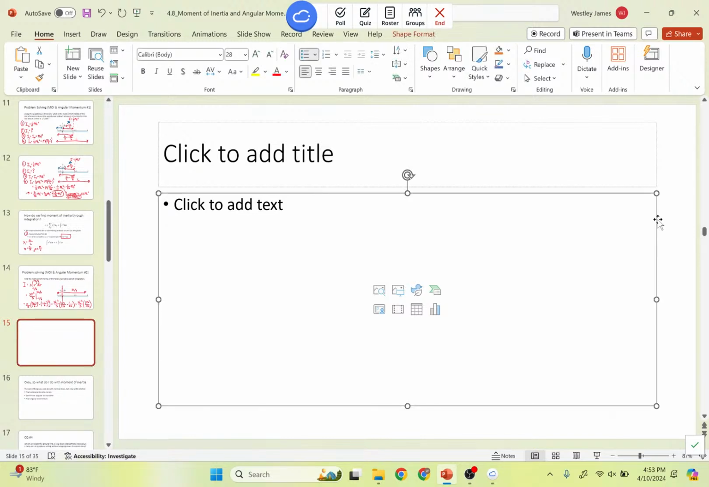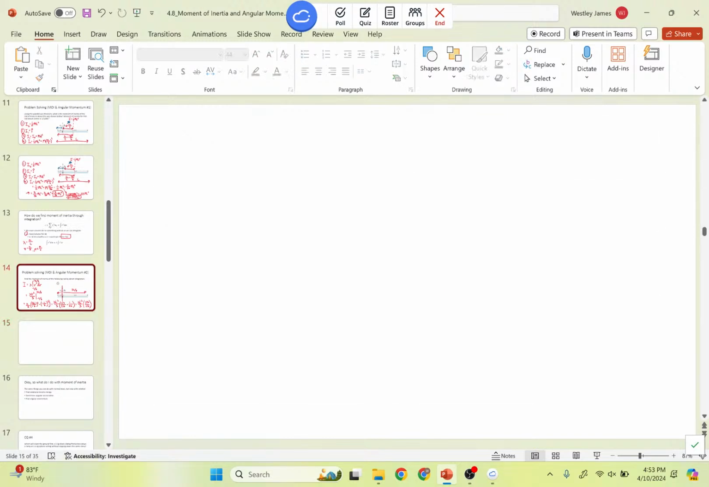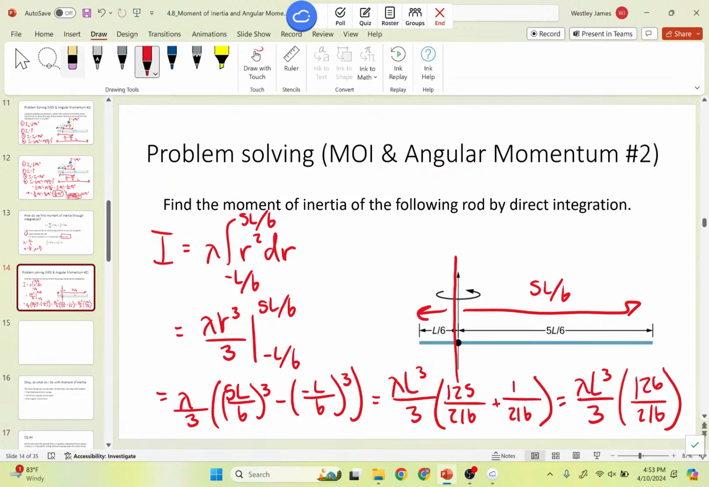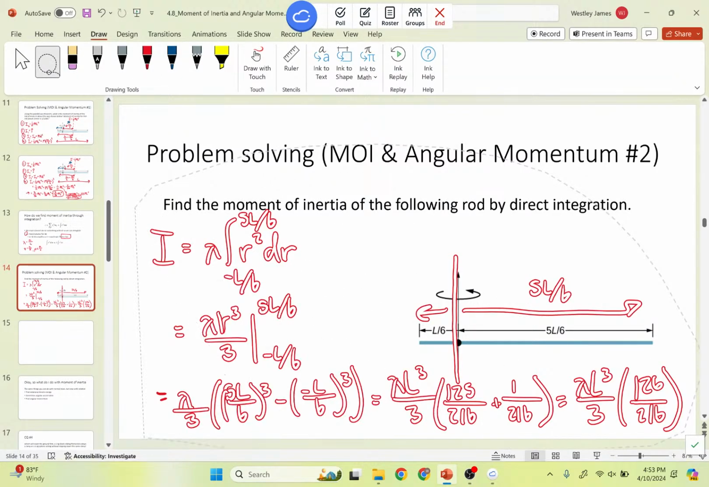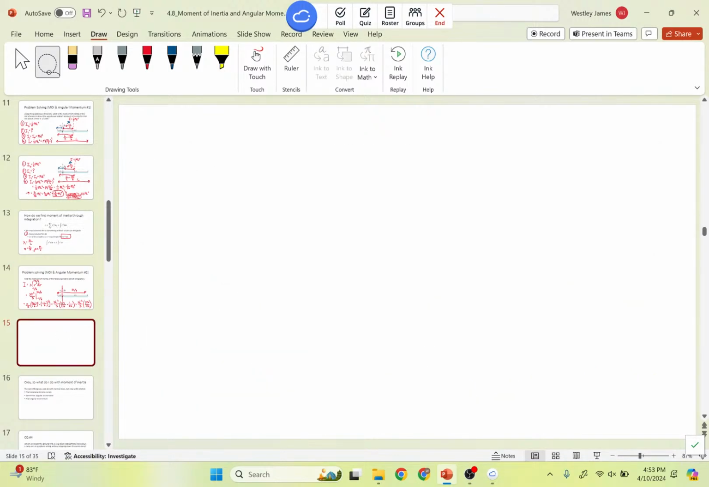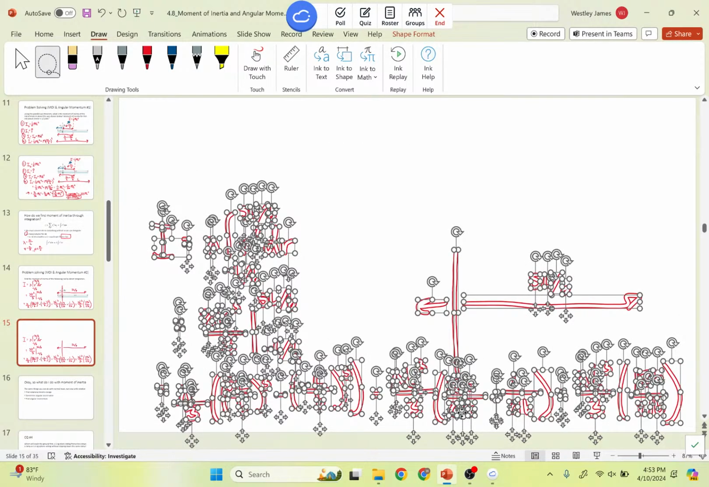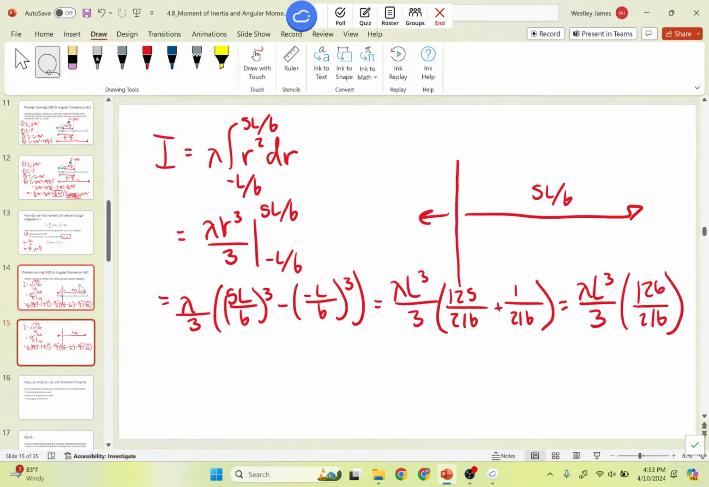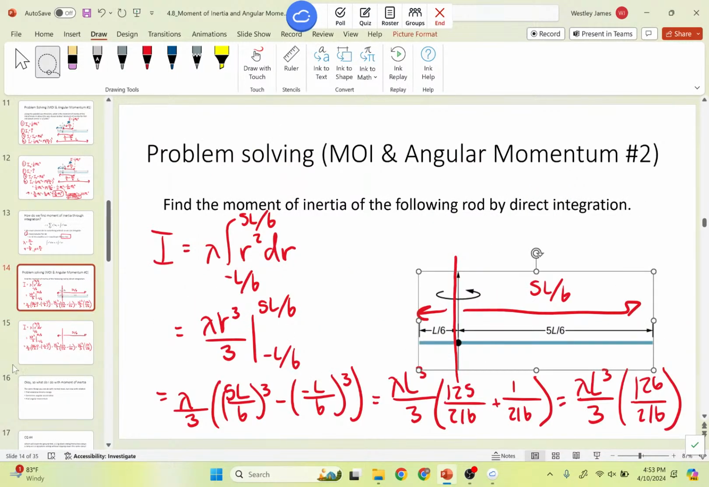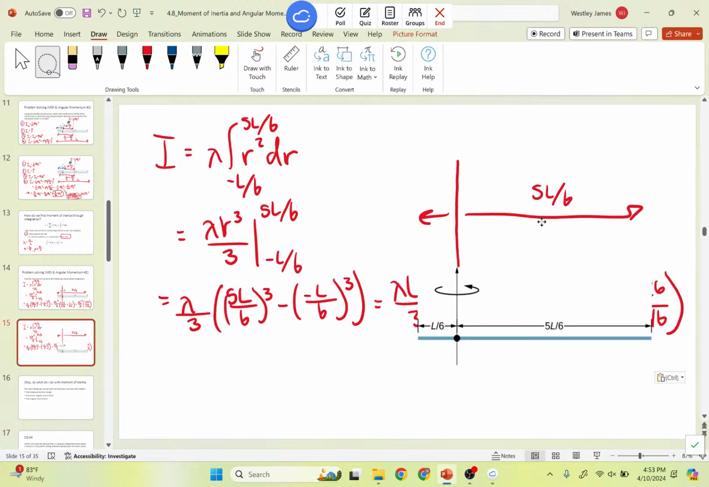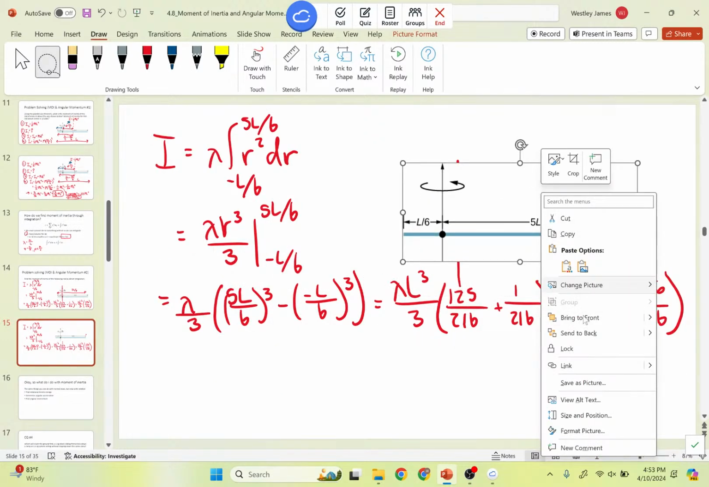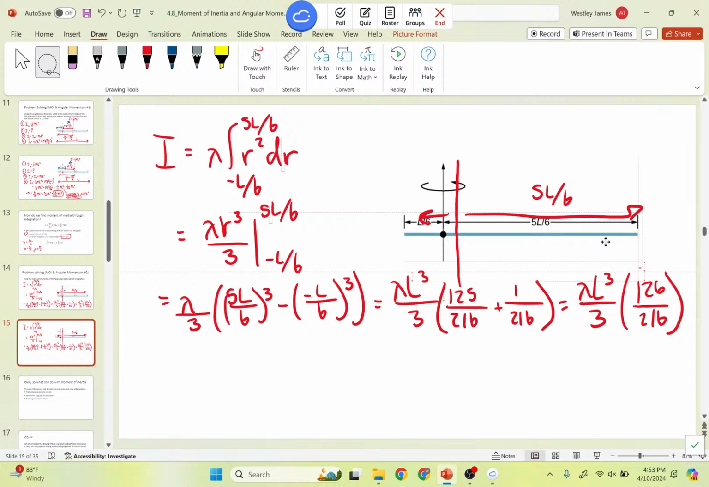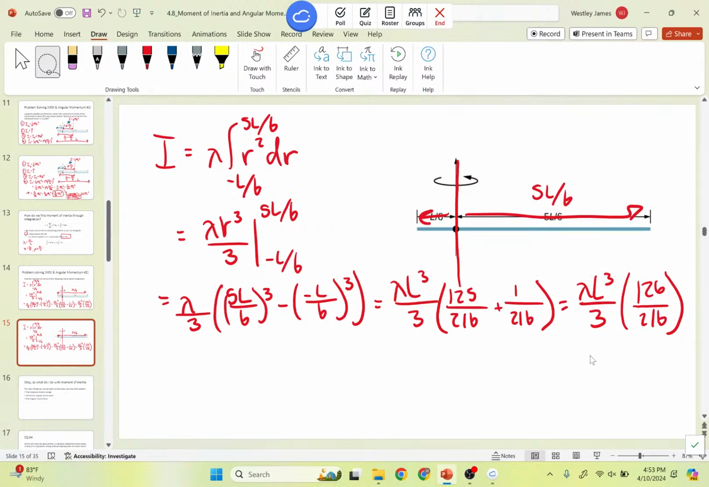All right, so what more do we have to do? We are almost there, but I ran out of space. Trust me, it's just going to be a couple more steps and we're good to go. Take the picture and put it over here. All right, so what do we have left? Equals